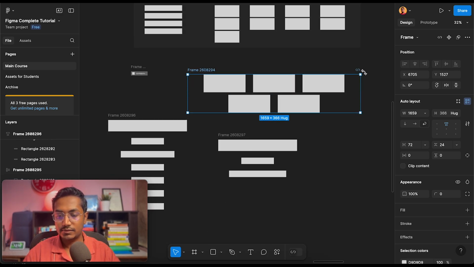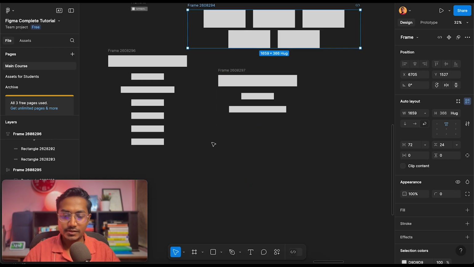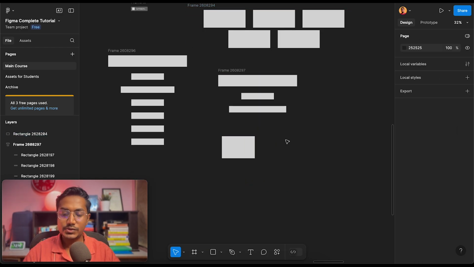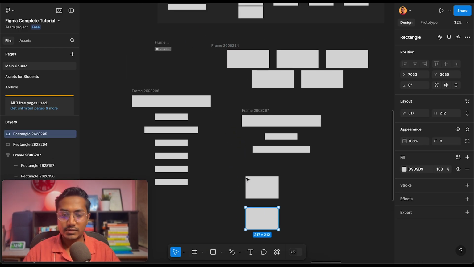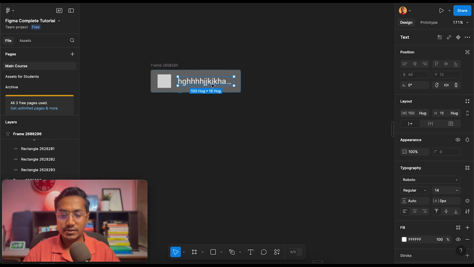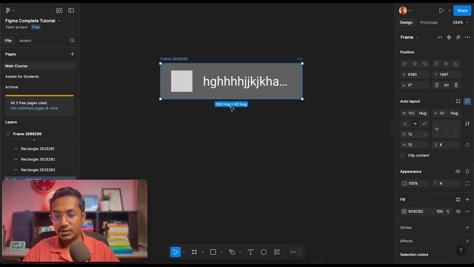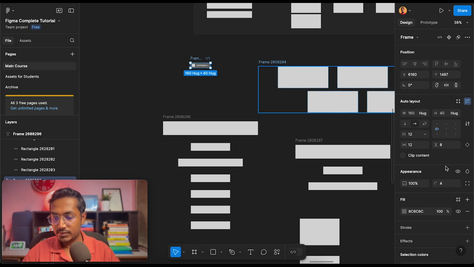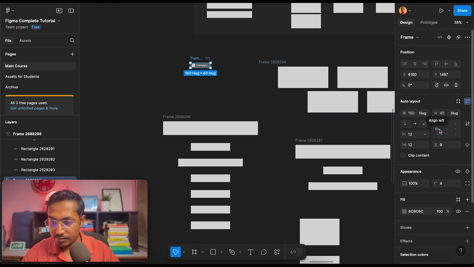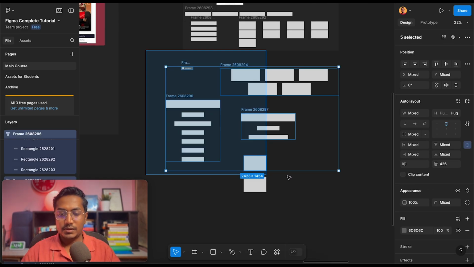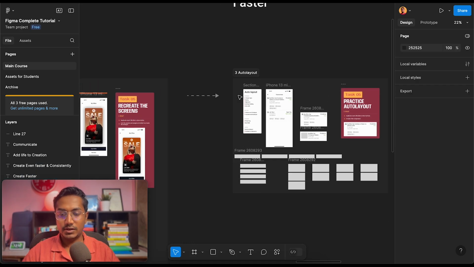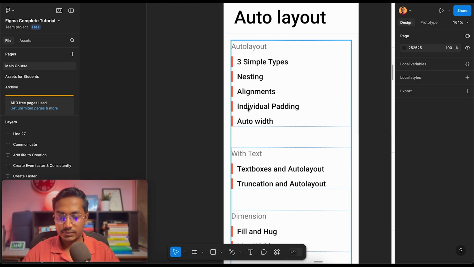I think we have already covered it here, that alignment we have already discussed, which is your top, middle, and bottom. All right. Okay, so we covered a lot of ground already. We talked about